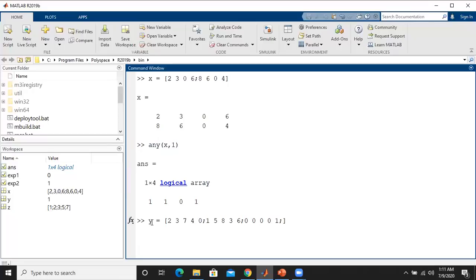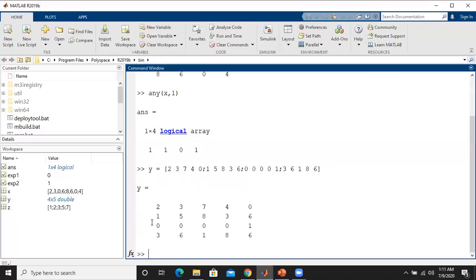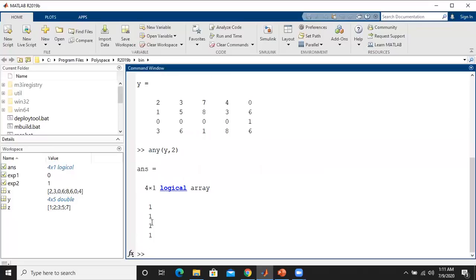Then the last array is 3, 6, 1, 8, 6. So this is the array of the y variable. Now when we go for the any function of y with dimension 2, that is the row by row approach, then we get the values as 1, 1, 1, 1.